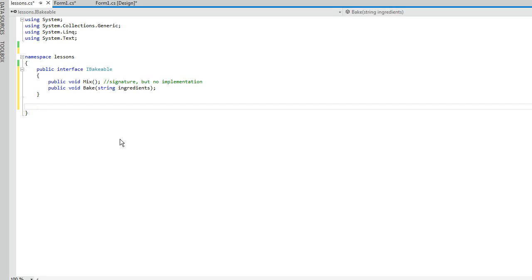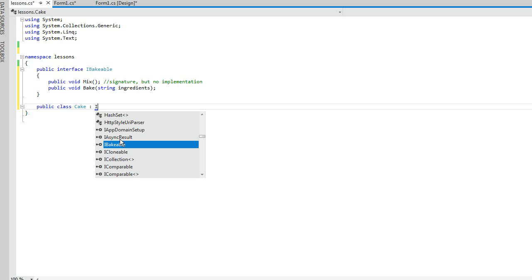Just basically focus on the idea that the reason you create these interfaces is to guarantee that when someone calls into your method, they could provide any sort of class as long as it has that interface applied to the class, inherits from that interface. So you know that it'll have a mix and a bake function in it. So let's go ahead and create another class called cake. And a cake is going to be bakeable. So we're going to inherit from that